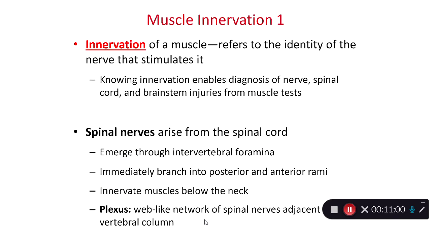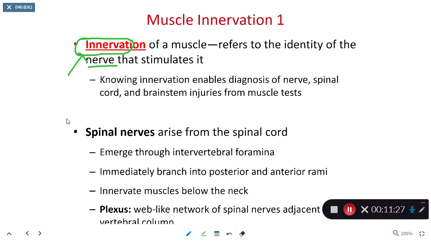Let's talk about how we can send electrical signals to our muscles. When you see this term innervation or innervate, that's going to refer to an electrical signal conducted by a nerve. So to innervate a muscle is to have a specific nerve send an electrical signal to that muscle. So if we know what nerve stimulates a muscle, we know the innervation